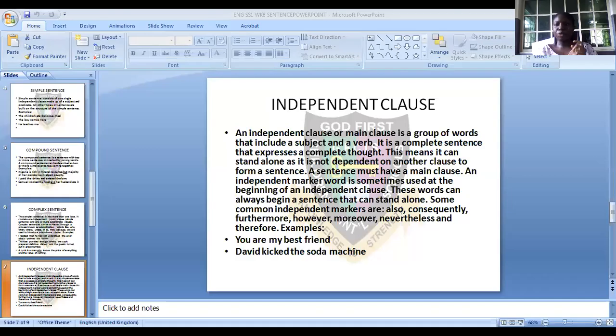The sentence must always have a main clause. Now, we have some words that we use to introduce our independent clause. We call these words independent marker words. Now, it is not in all cases that we use these words to introduce independent clauses, but sometimes we use these words to also introduce